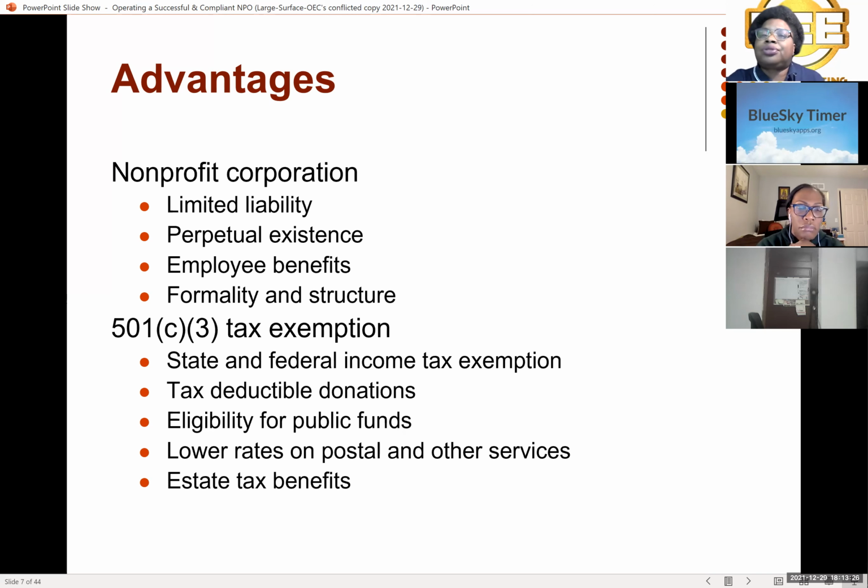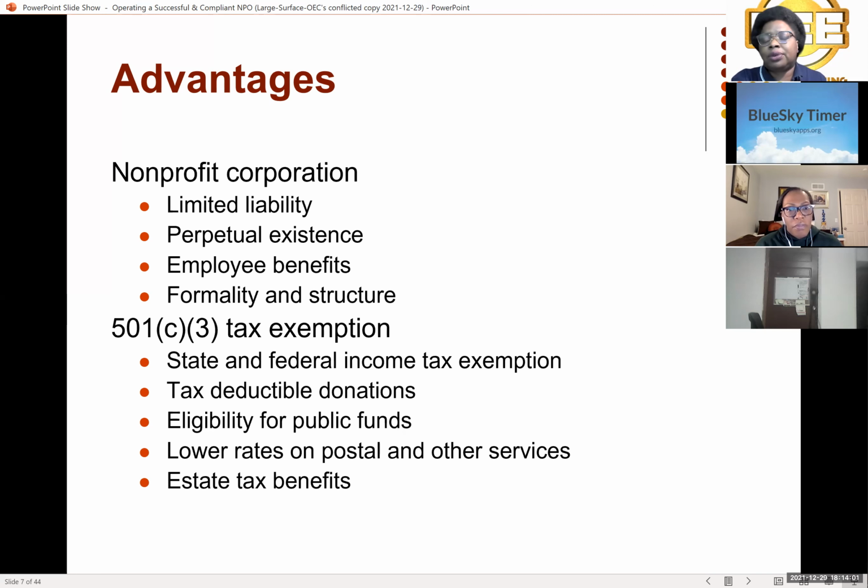A lot of these rules are so you can't launder money or foul up the good nature of what a nonprofit is supposed to be. There are employee benefits like the 403(b) and other things that we can get running a nonprofit. And then most of all, you have formality and structure. The people that donate to you know that you're a corporation and that you're going to do what you said in your mission because you set yourself up as a nonprofit corporation.